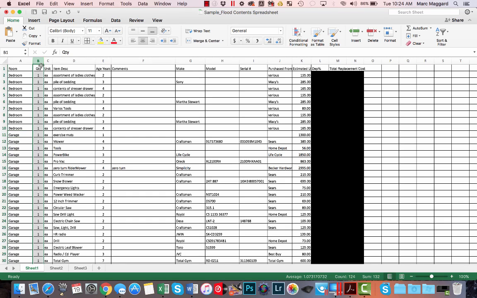Then you're going to notice quantity. This is how many of each item. So if you've got a pile of bedding, there's one pile of bedding. That one pile of bedding, if you look over here at the estimated value, that one pile of bedding is $285. If you look here at the various tools, there is one lot of various tools. That's not saying that there's just one tool, but there's one lot of various tools, and they cost $89. If you look here, there's one exercise mat, and each exercise mat, one each, cost